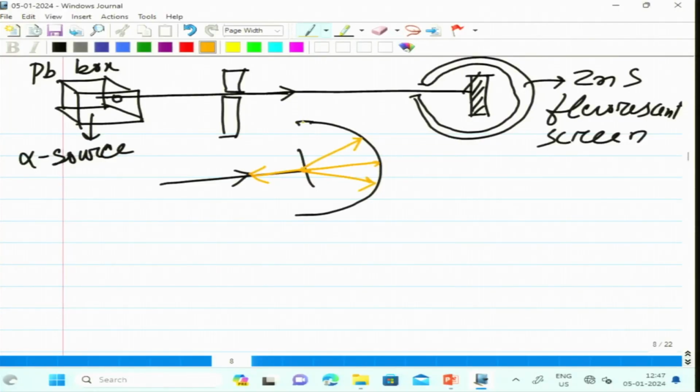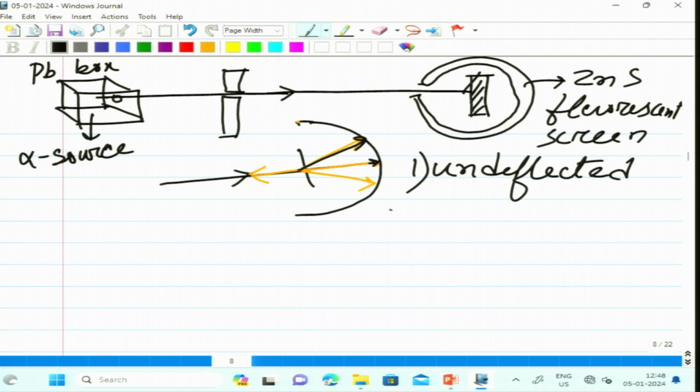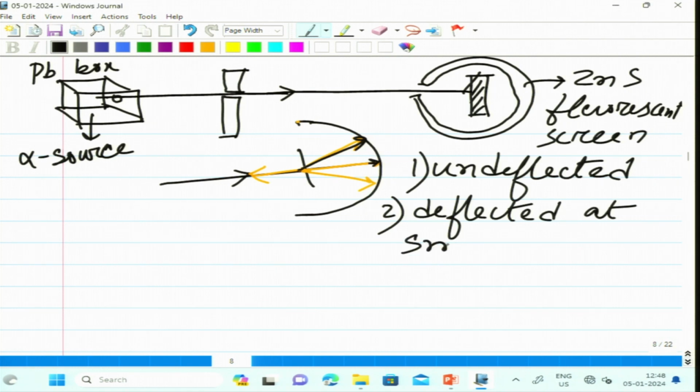So, in the alpha scattering experiment, when the alpha rays acted on the gold foil and hit the zinc sulfide wall, different kinds of deflections were seen. Firstly, some of the rays were undeflected, some were deflected at small angles,